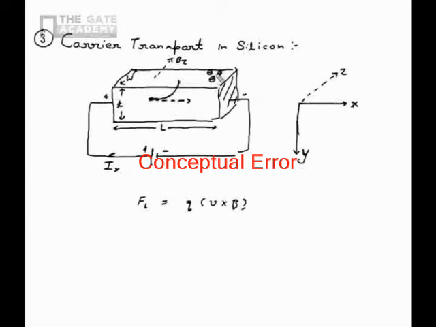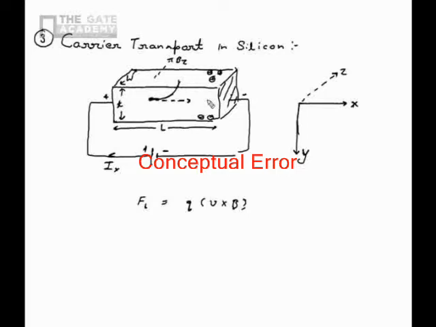However, the electrons will move to the positive Y direction or the bottom side, and they will be collected at the bottom. So there is a separation of charge due to this magnetic field. Positive will go up and negative will go down. This separation in the charge will create a potential or voltage difference between the top and the bottom terminal of the semiconductor slab.